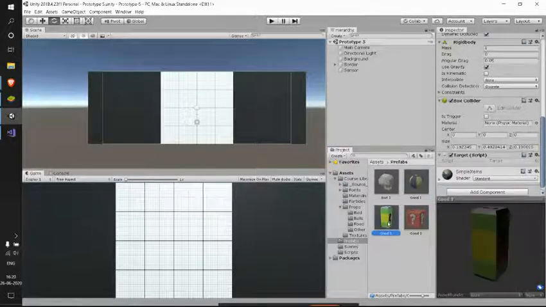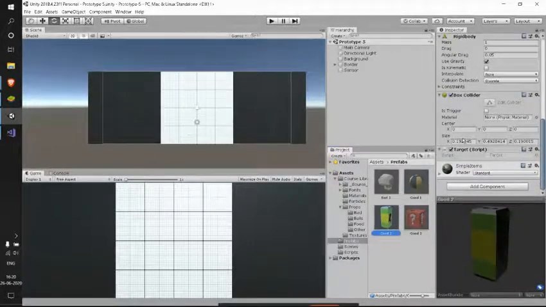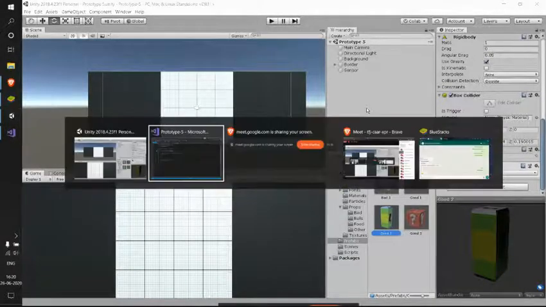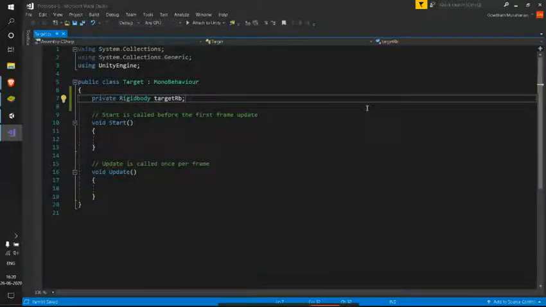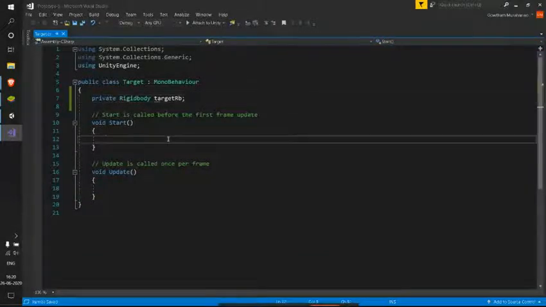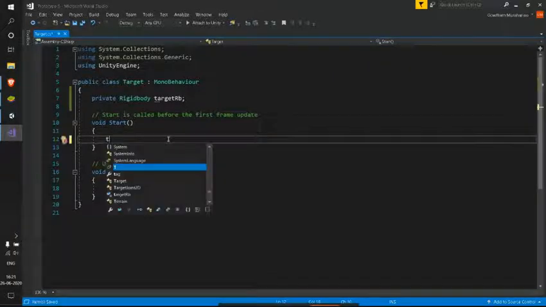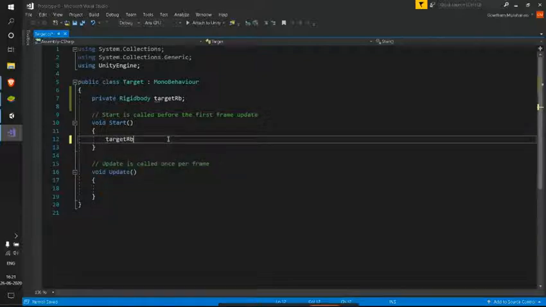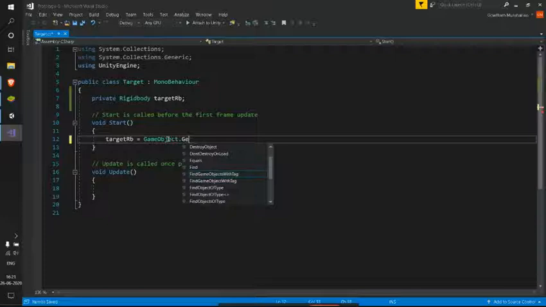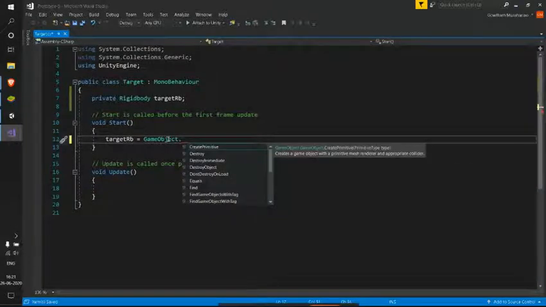Whereas in this energy drink case, target RB refers to this particular rigid body. So each one has its own differentiation. Each target rigid body will refer to its own rigid body. So now let me get a reference to that: target RB equals gameObject.GetComponent.